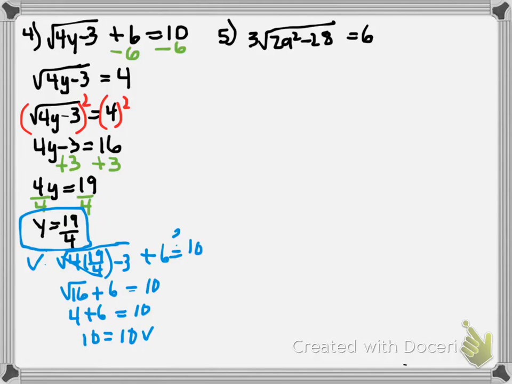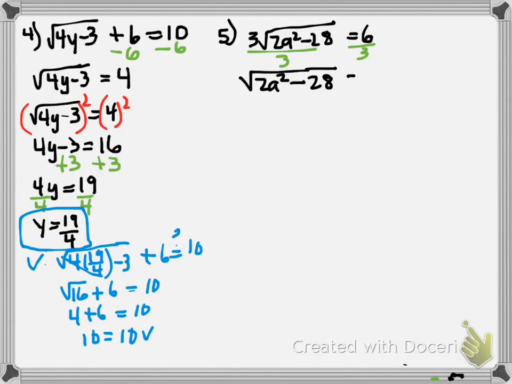So here's my rule of thumb. If I have a coefficient in front of my radical, I check to see if he can go evenly into the number on the other side. If he can, I'm going to take care of that. Can 3 go evenly into 6? Yes, so let's go ahead and let's take care of it. One less thing for us to have to worry about. So we get radical 2a squared minus 28